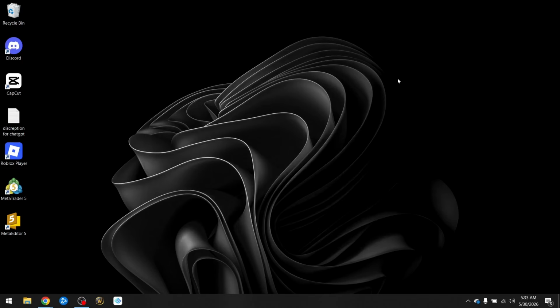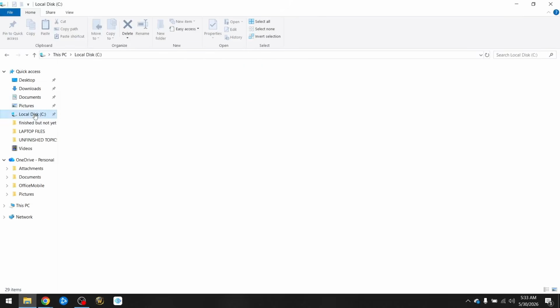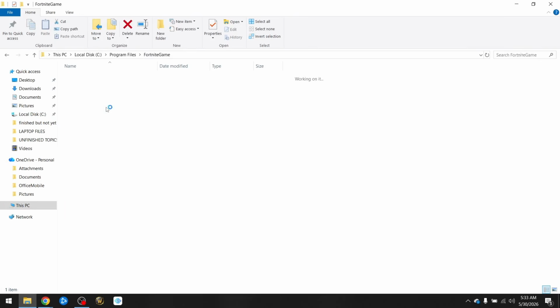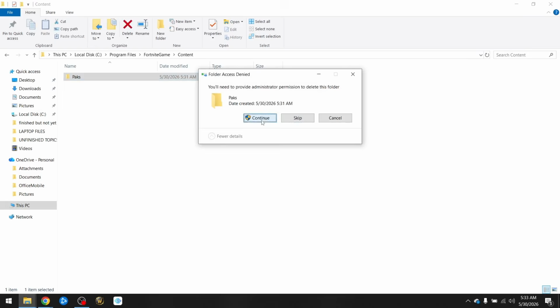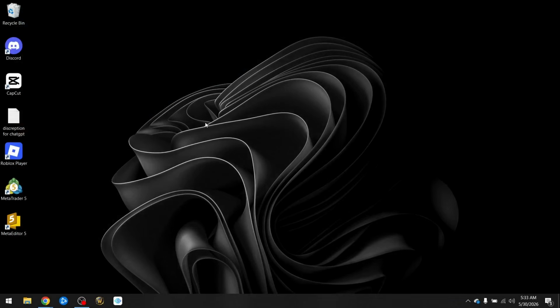Now to begin the troubleshooting step, all you have to do is access your file manager and then go into your local disk, Program Files, and then in here locate the main folder of your Fortnite game. Access it and then choose Content, and this is the folder that you're going to have to delete. Delete this whole folder, hit Continue, and then once you've successfully deleted it, just relaunch your